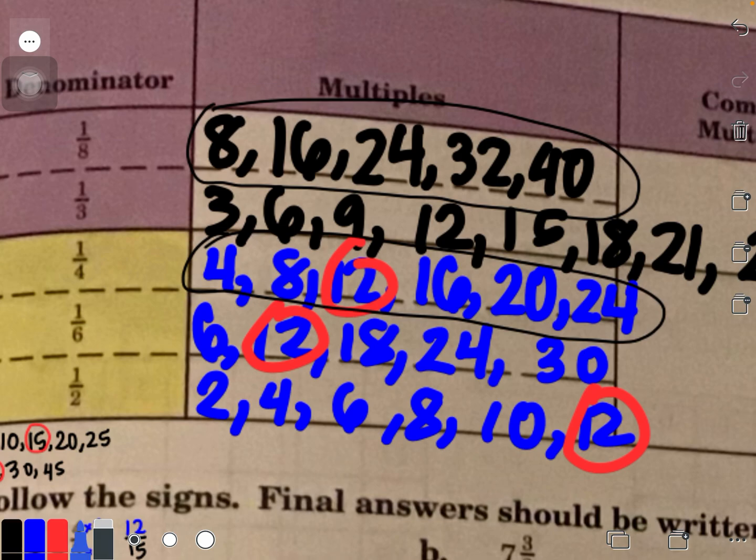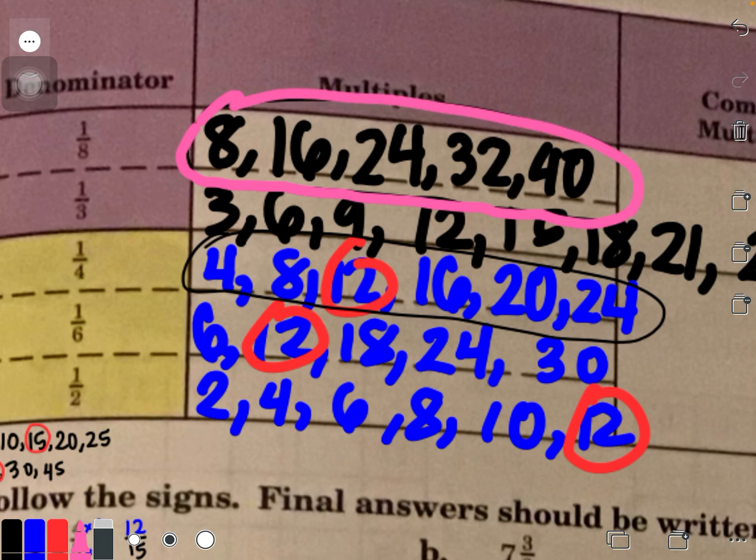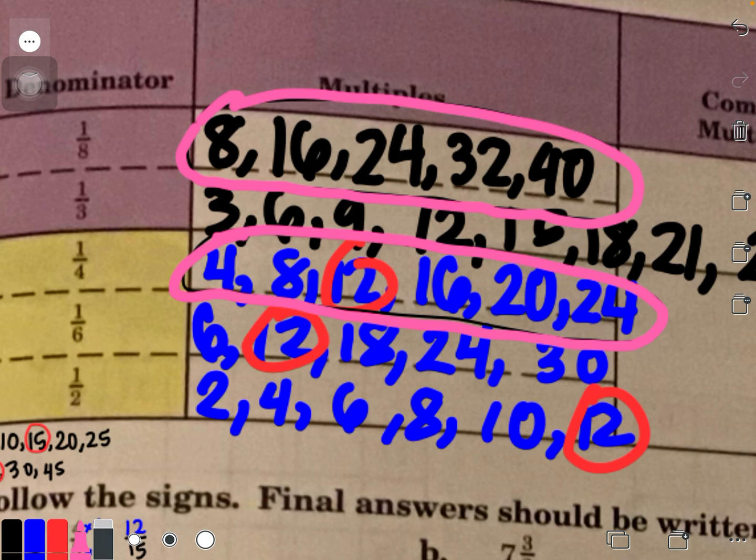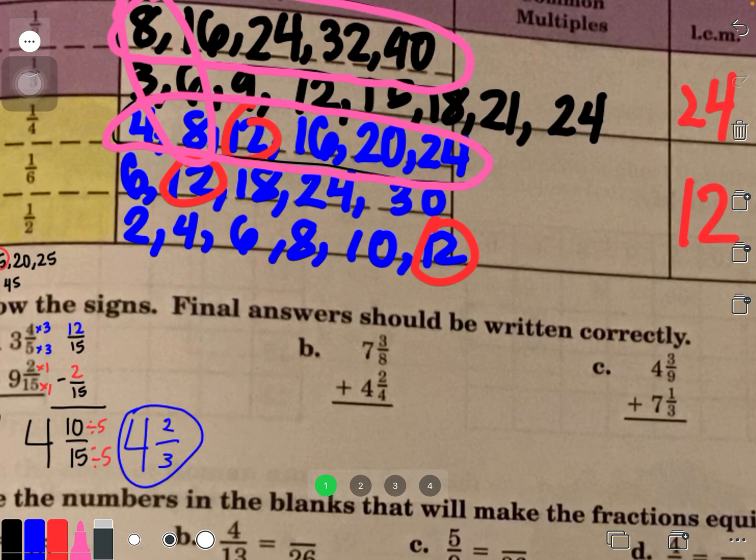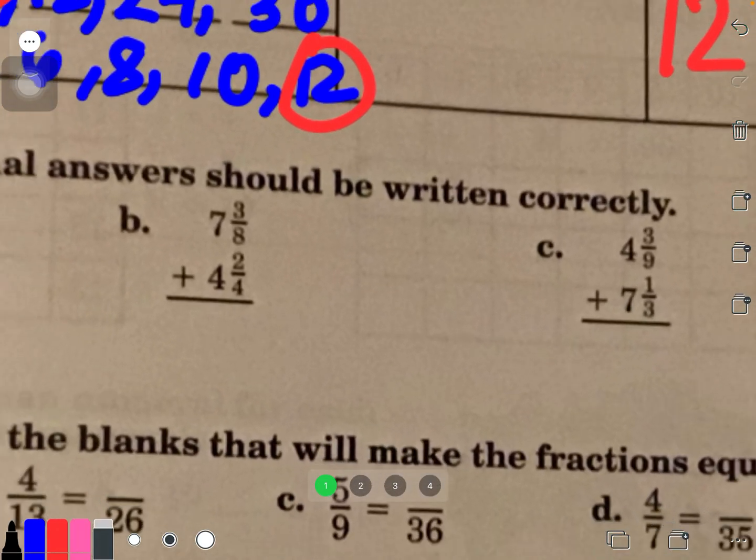Let me use a different color so you can see this. Here are the multiples of 8. And here are the multiples of 4. Okay, so which number do they have in common? The first number you see they have in common. 8, see? That's the first number they have in common. So here for B, I'm going to put 8 here,